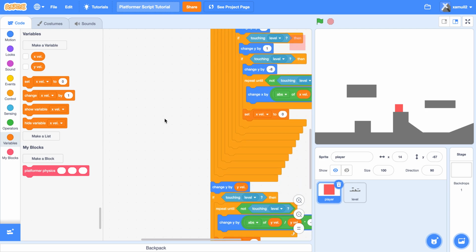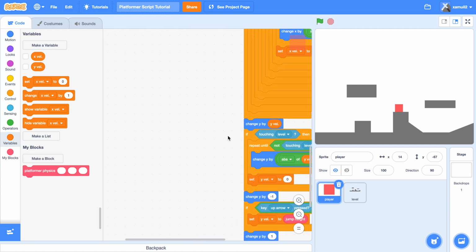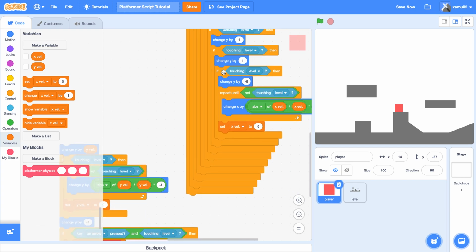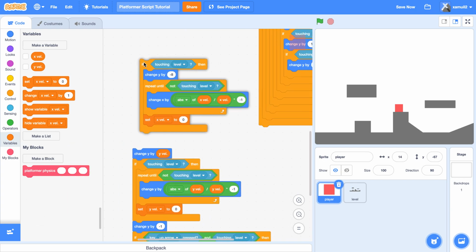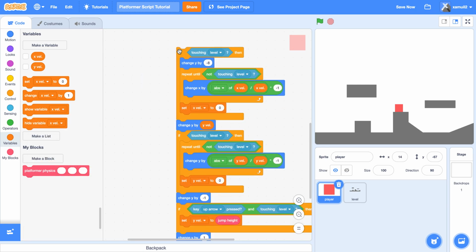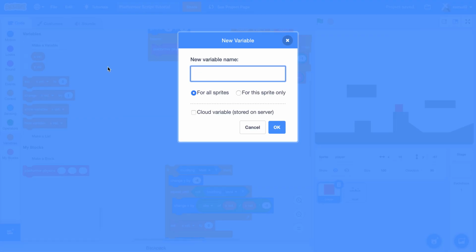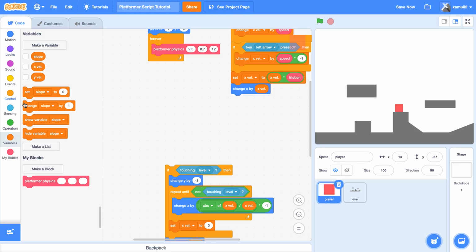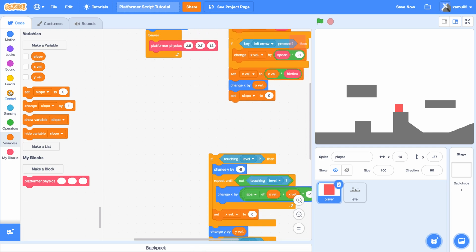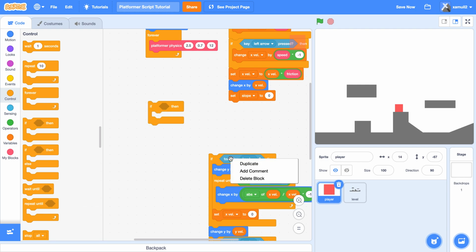Well, instead of using this very bulky way, we're going to use a loop. Let's just disconnect this part and drag in the collision script in here. Clip it together, and we're going to trash our old slope detection. Now, instead, we're going to make a variable, call it slope, for this sprite only. Click on OK, hide that, set slope to 0 at the beginning. Great. Now, we're going to say if touching level, then I'm going to repeat until